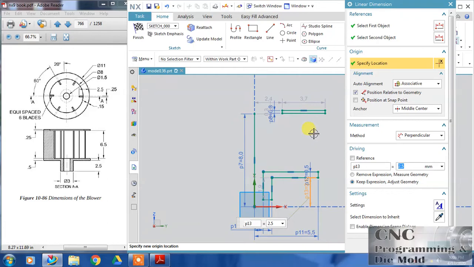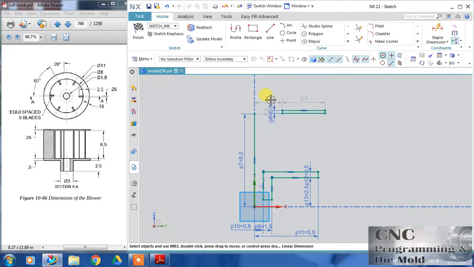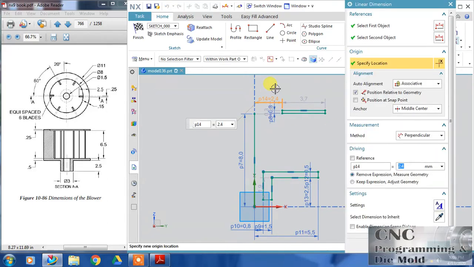Now I will finish this, or just 8. We will section this, and after the section we have this face, this is 8, so this gap is 8, and half of 8 is 4.